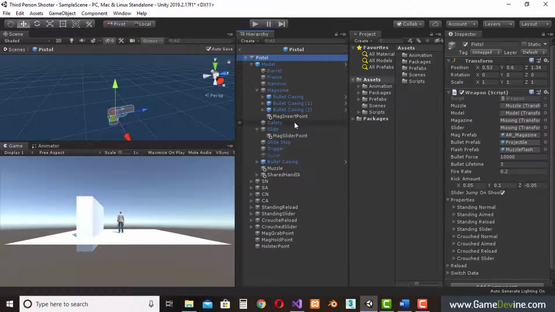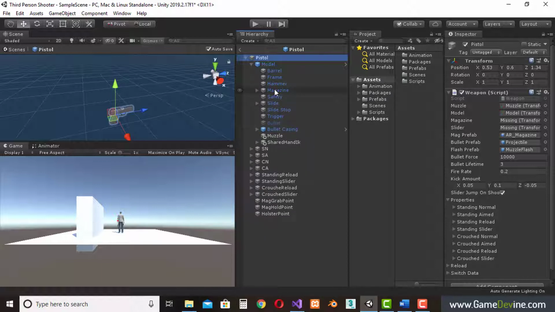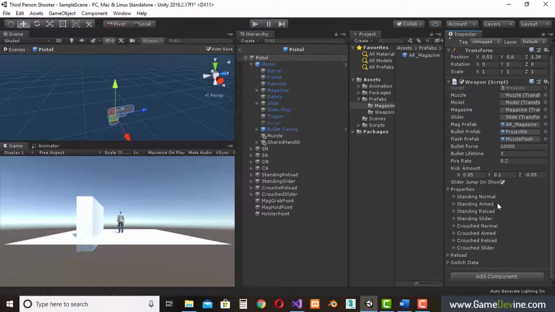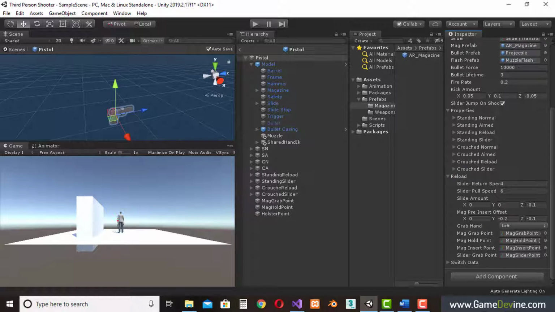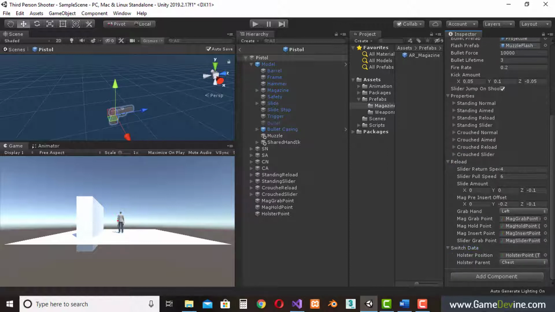The second is the magazine and a slider. So the magazine is gonna be this guy here. That's the magazine, and the slider is gonna be this guy here. We also need to change the magazine prefab though. Projectile is good, muzzle flash is good. We can use the same thing for most of the weapons. Do we have something here? Yeah, these guys all need to be